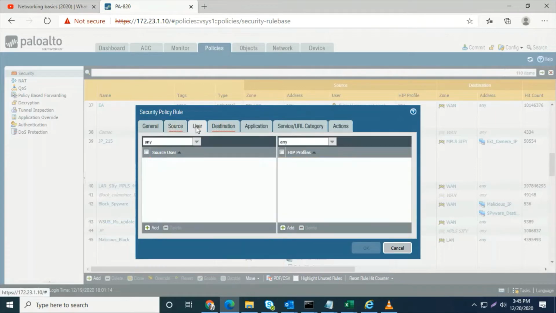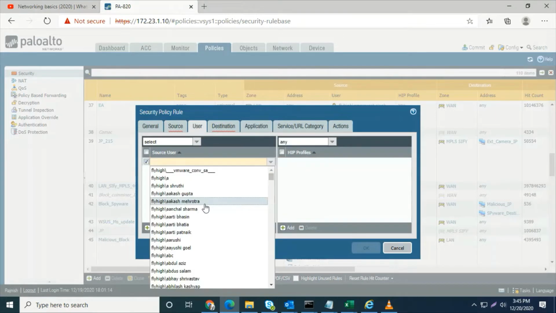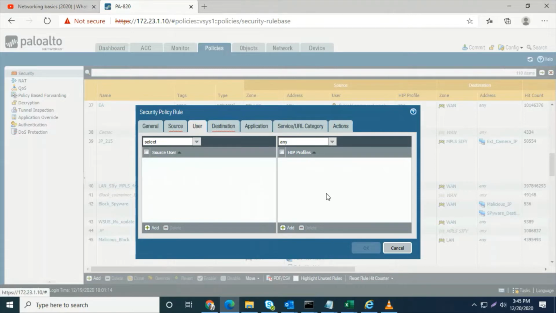If we have LDAP user base, we add the specific user, ABC or anything. These are all the LDAP users. We select any user as our requirement, then go to the destination side.